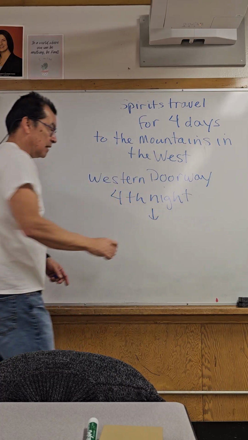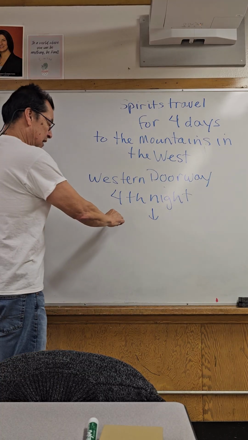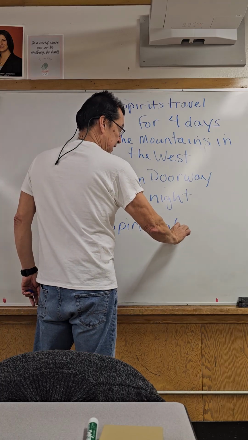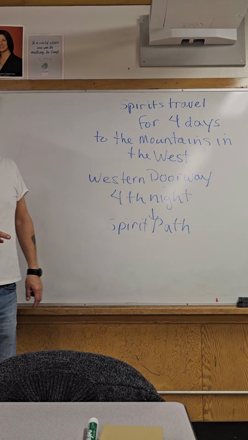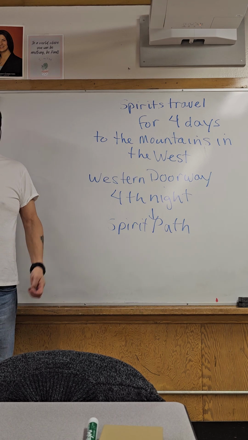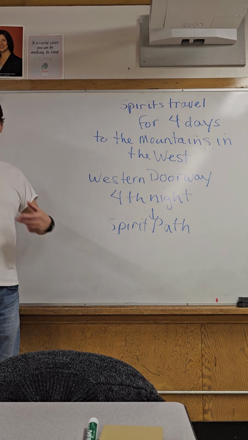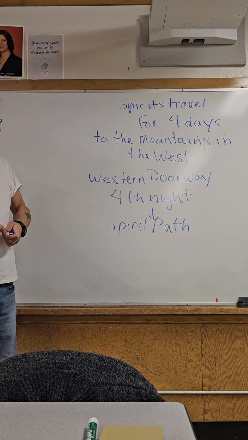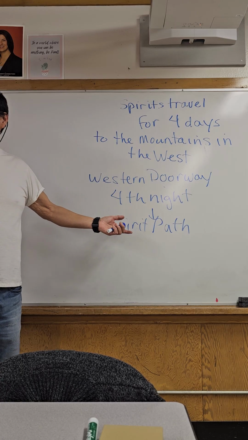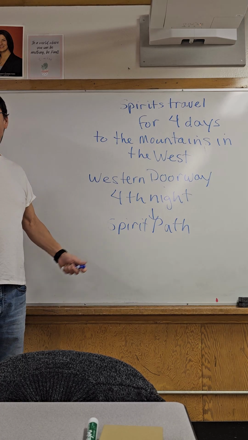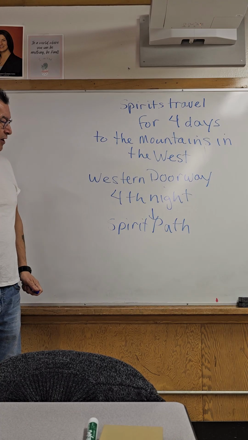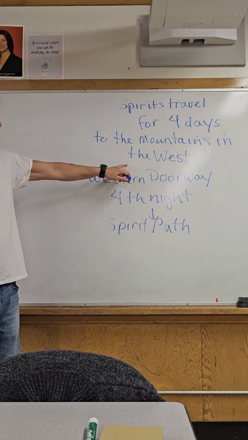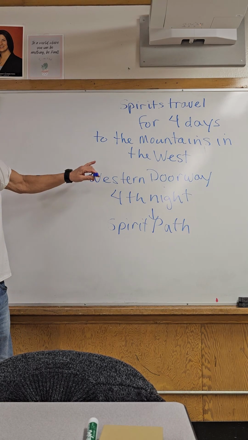And then on that day, that's when the spirit path lights up. And we walk through that western door, and our spirits travel through that western door. But we take 4 days to get there, right? Or 3 nights, 4 days. I don't know what happens during those 4 days that we're traveling. Apparently, we're supposed to think about what we've done and contemplate our lives here as our spirit journeys to meet the keeper of the western door.